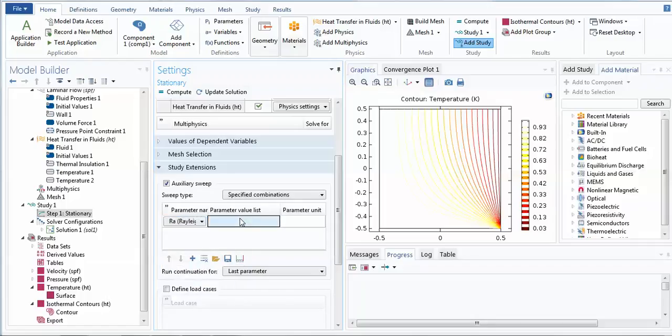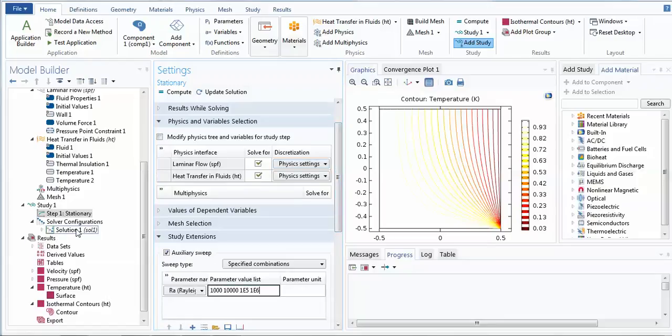I can click on this and add the values. Like if we wish to add 1000, then 10,000, or you can just write 1E5 or 1E6, 10 to the power 5, 10 to the power 6. So this is the sweep, we can use it.